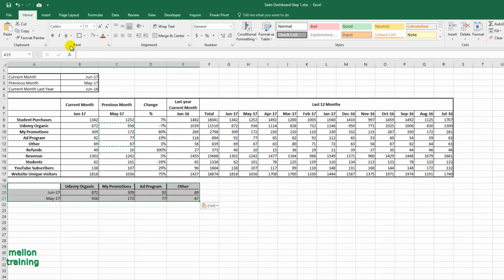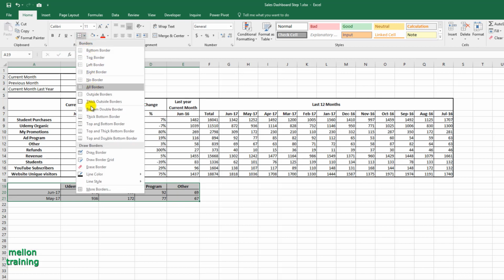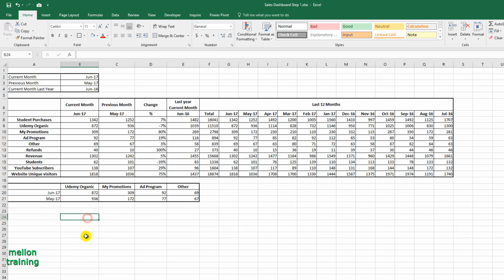A bullet chart is a data visualization tool that can be used to compare the performance of a metric. It's an ideal chart if you want to compare total sales to a target. The bullet chart will help me compare the performance of my revenue for the last 4 months. Type equal G7 and copy to E23, which are the 4 last months.